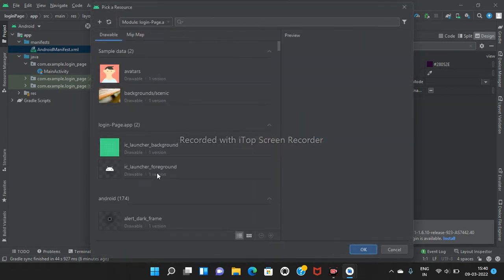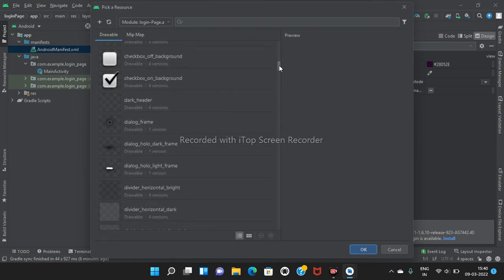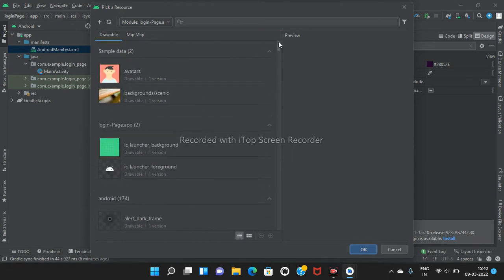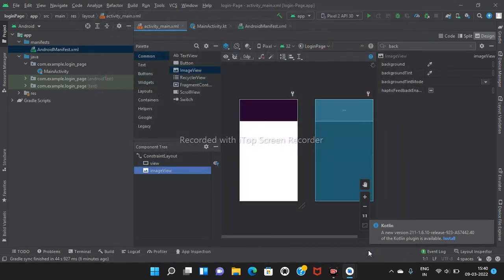So I'm taking this image view. You can take any logo or icon for that, whatever is available. So I'm taking this default, and I'm placing it here.